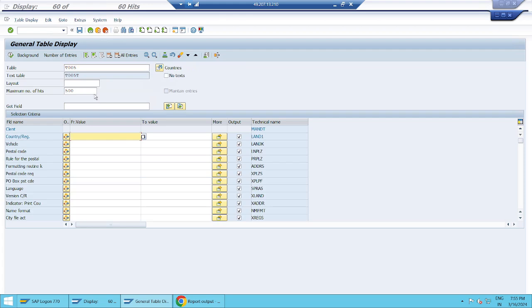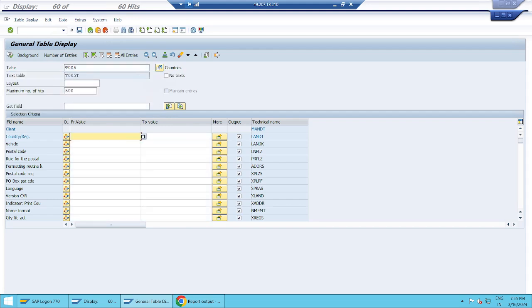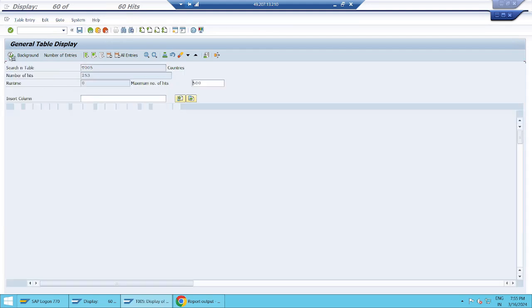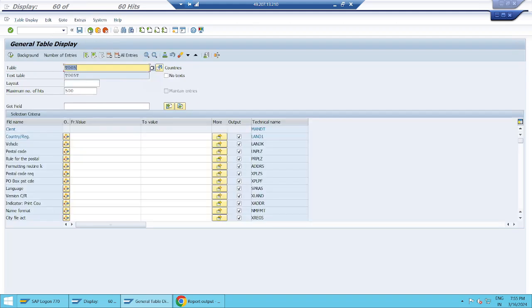T005 is nothing but all country keys. So SAP supports how many countries? 253 countries. So you can go and check all 250 countries. But country names we will write in English, simple two letters. But if you want to see the country description,